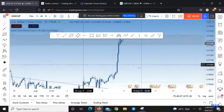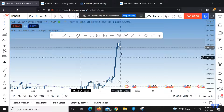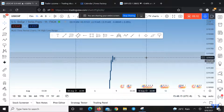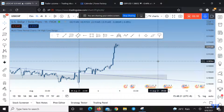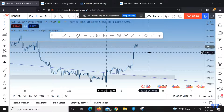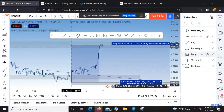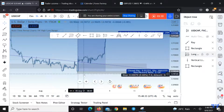stayed in the trade because this was during NFP. There was a boost and it eventually went to my target, which was 9150. It went all the way up to 9155, and my trade target was 9150, and that would have been around 1 to 5 pips. So that would have been a very sweet trade with minimal drawdown, and these kind of